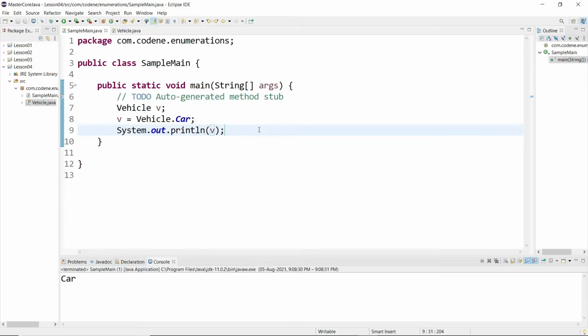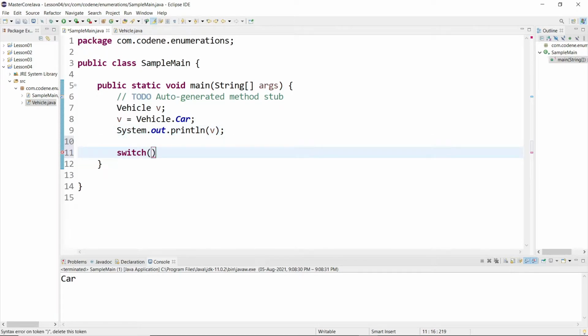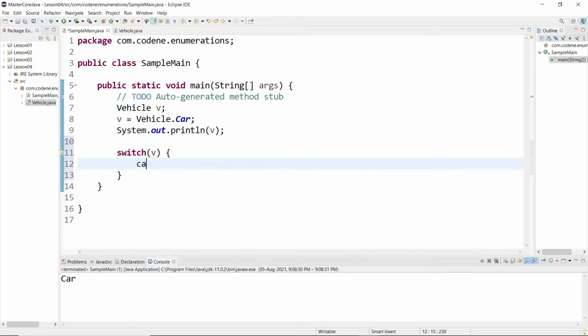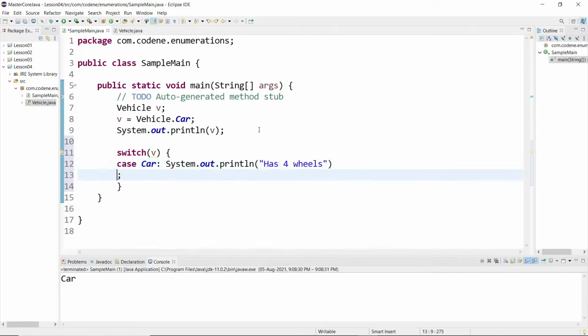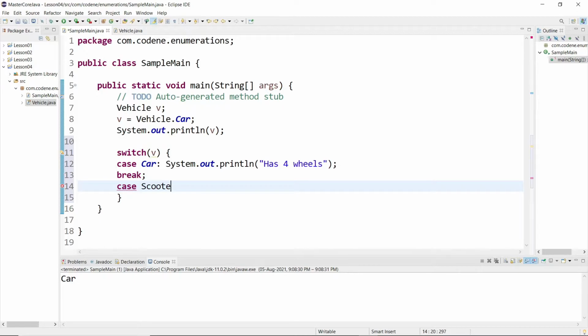So this helps in using a switch case. The best use of enumeration is of course your switch case. For example, you can write something like this, case car, where you maybe want to print something like has 4 wheels. Then for case scooter, we declare scooter also.